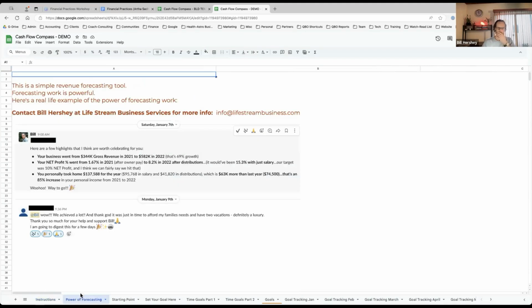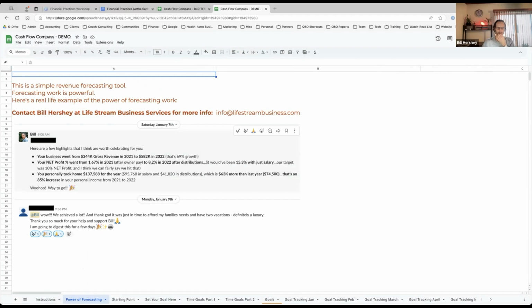So there's a sheet here, and you'll see all these series of tabs on the bottom. There's a lot of tabs on this sheet. You can scroll all the way over. I don't want you to feel overwhelmed by this. I just want to point out to you what you're going to be utilizing as you come in here.